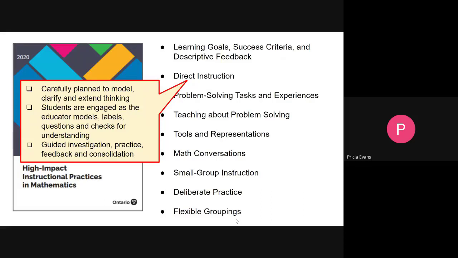As well, each high impact instructional practice is broken down into what this would look like in the classroom as students begin their understanding of a concept, are progressing with their learning about a concept, and as students are deep within the understanding of a concept. To me, that really makes it so that we're actually changing our learning goals. For example, we might change those as students become more comfortable with the content that they know. So I encourage you to take some time to read this, as this is the model through which the curriculum is meant to be taught.